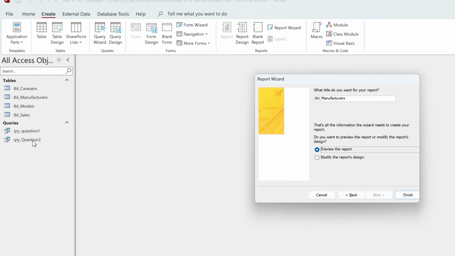Now it's worth adding to any explanation here that you are awarded points for how you present your report. If you leave it with the default of TBL_manufacturers, that's an oversight that you could lose marks on. So what you're going to need to do is make sure that you give an appropriate title for your report. Now in this one, I'm going to put in here that I want to show the manufacturers,